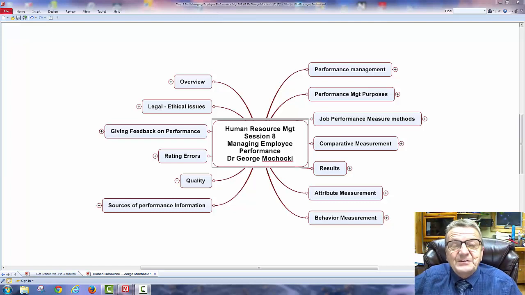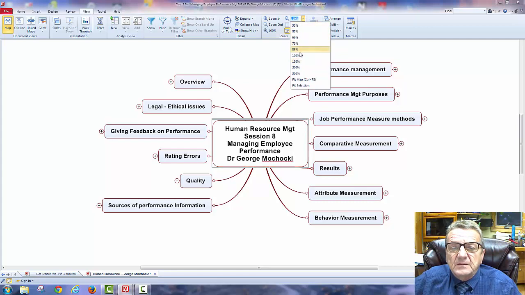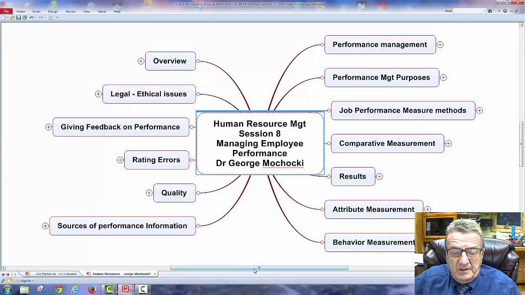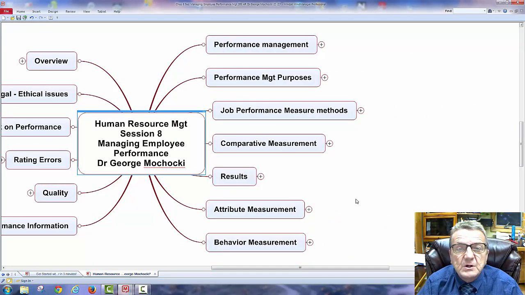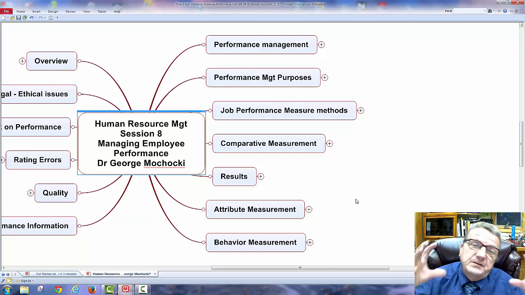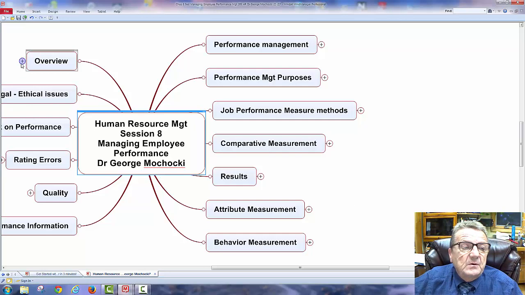So this is the chapter we're going to be talking about, and let's start from the beginning. I'll make it a little bit bigger because it'll be easier for individuals. Remember, if you are taking a class with me, you already will have these concept maps. The concept maps just allow you to see the whole picture, and then I can go from step to step. It's just a different way of learning material. Our mind is one big concept map. I see the whole picture, and then I can see how that fits into the topic that we're discussing. So let me go through an overview first.